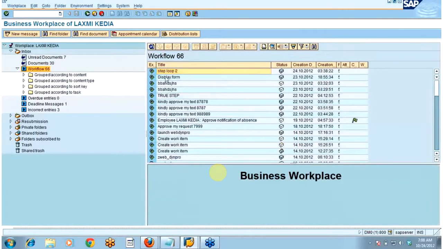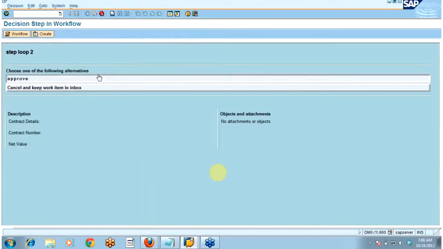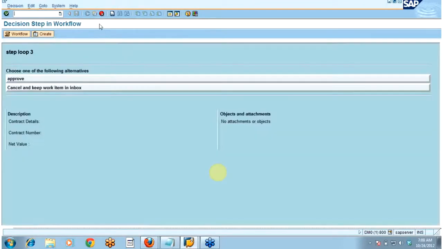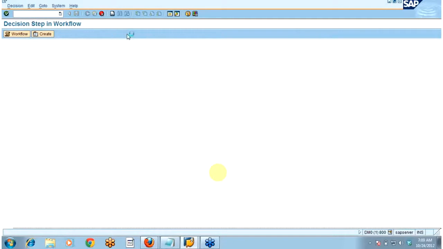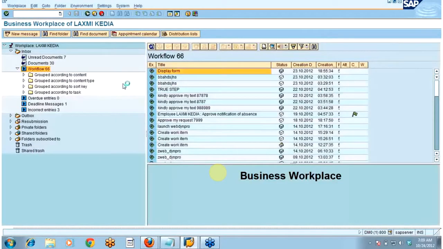You can see here again we have received one work item because the loop has evaluated the condition as false, and again the loop passes, and then again that user decision step got executed and we have received this work item, but the container operation has already incremented this value, so it is coming as step loop 2. Again I will execute this. The condition was the loop level should be greater than 3. So again I have received this step loop 3. Again I will execute it.